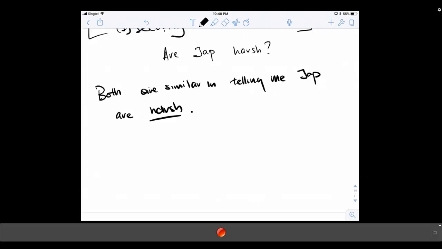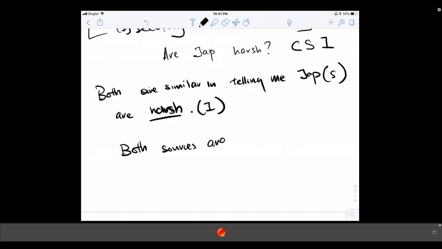But you'll notice here that in a yes or no, true or false kind of comparison, there is no criteria. Remember the CSI thing: criteria, subject, and inference. Here there's no criteria. Here there's a subject, which is the Japanese, and there's an inference, whether they are harsh. The criteria is actually hidden inside the sentence. Because if I were to rephrase this, what actually is the criteria? What are you looking out for? If I can rephrase this, it will look like this: both sources